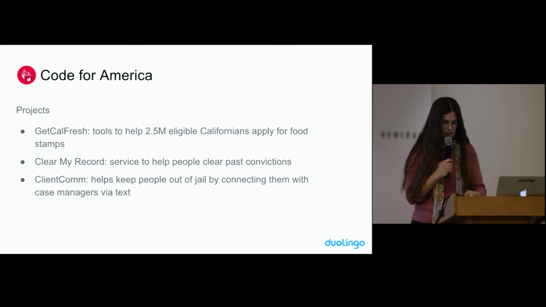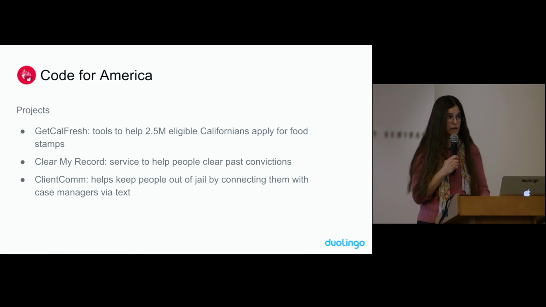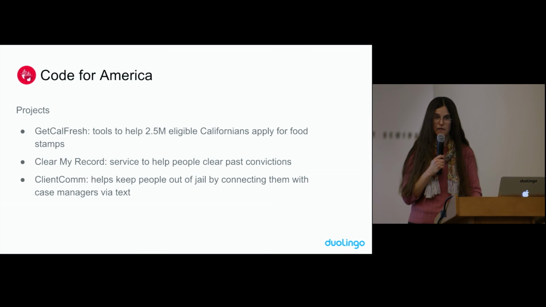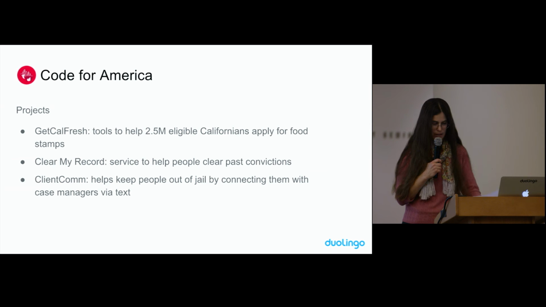So this is a tool for folks who have previously had convictions and are out of jail. It turns out that once somebody's been out of jail for a while and has had no issues, they can actually go and clear their record as if the conviction had not happened. This obviously makes a big difference in their lives in terms of being able to get jobs in the future. This has been really hard to do in the past. It's a very complex process and involves working with an attorney, so it's really hard for people to do, even though it's so important.